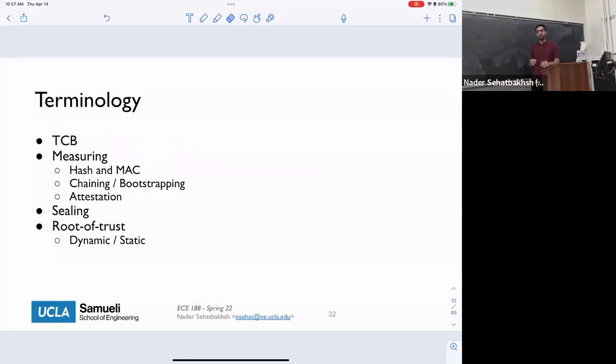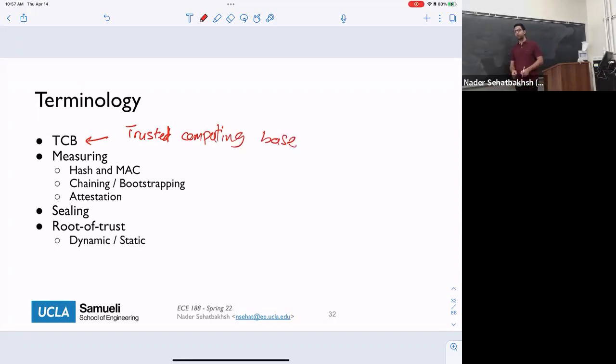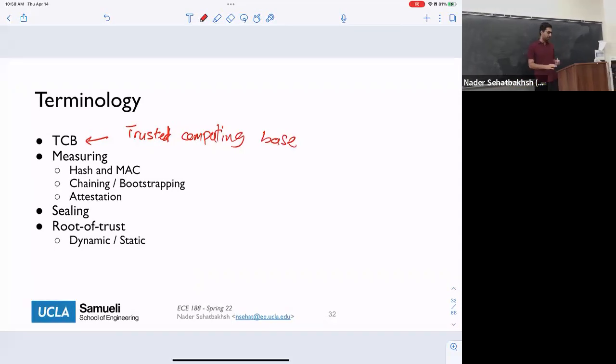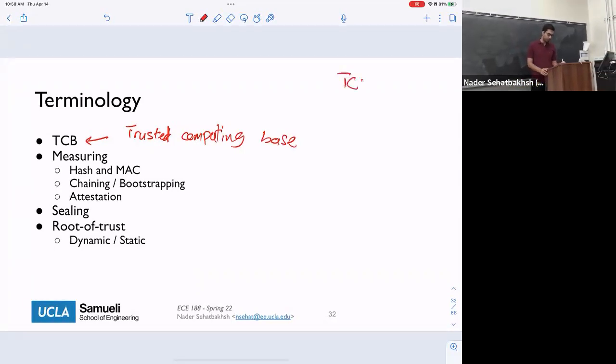So here is some terminology that we're going to use when we talk about these various options. The first one is TCB, or Trusted Computing Base. TCB is what we start from. Remember I said that we basically verify the initial version. That's your TCB. That's the base that you trust, and everything else builds off of that. What you usually want is a very small TCB, because the TCB has to be verified by hardware, and everything else is verified by your TCB.